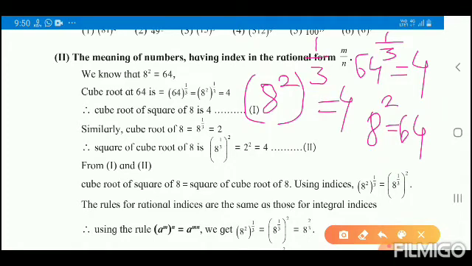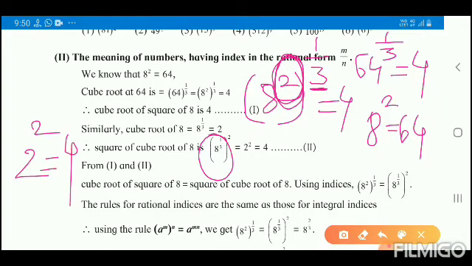But look, these 2 will shift outside. Then what will come here, we will see. Cube root of square of 8, how to read this: the lower number is the root and the upper number is the index of that particular number. So here it is the square of the cube root of 8, which is 8 raised to 1 upon 3, raised to 2. The cube root of 8 is 2, so 2 square, and you will get the same answer, that is 4.